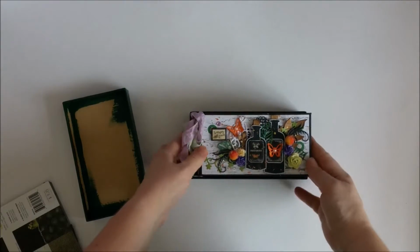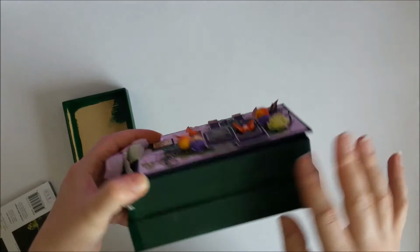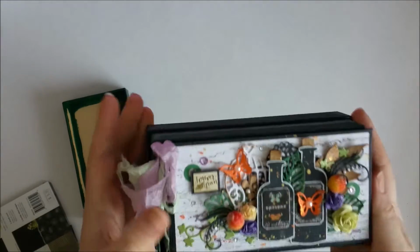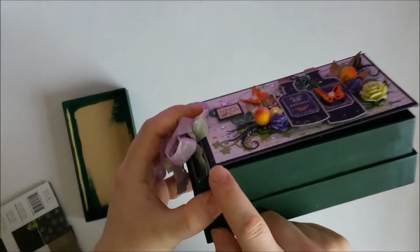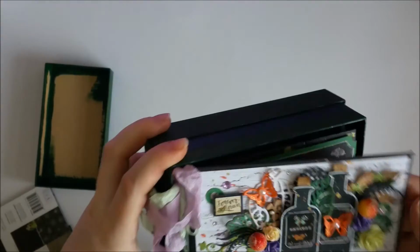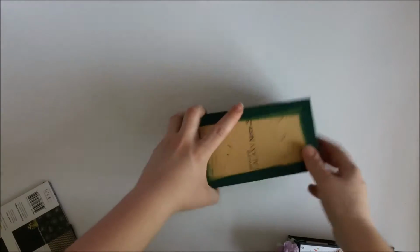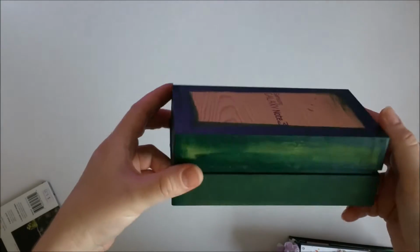It fits inside, but I cannot close it, first of all, because of the bulky embellishments on the cover, and the spine should be smaller if I really wanted to close that. So I guess I will make another one to fit inside the box, because as you can see, I already started to cover it with green acrylic paint, and I wanted to embellish it on top with papers. Anyway,